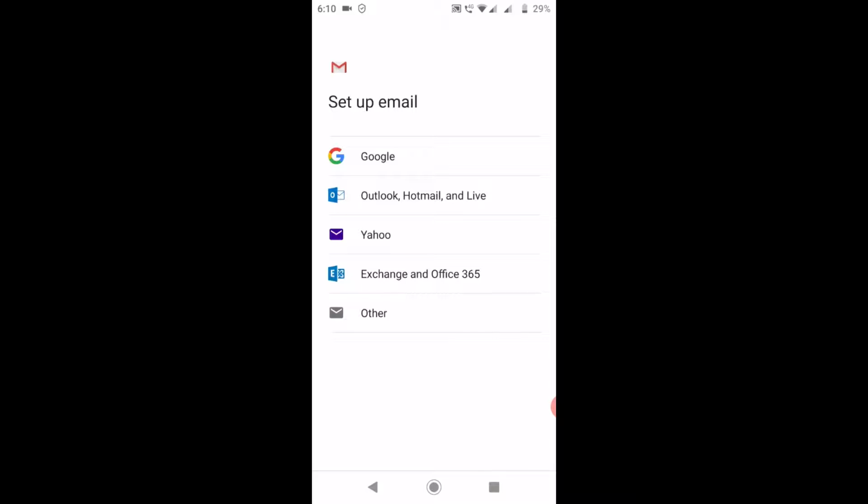If you want to configure Exchange or Office 365, click on the Exchange or Office 365 option. Or if the email you are using is not listed above, you can click on other. But I have an Outlook email account, so I am going to click on Outlook.